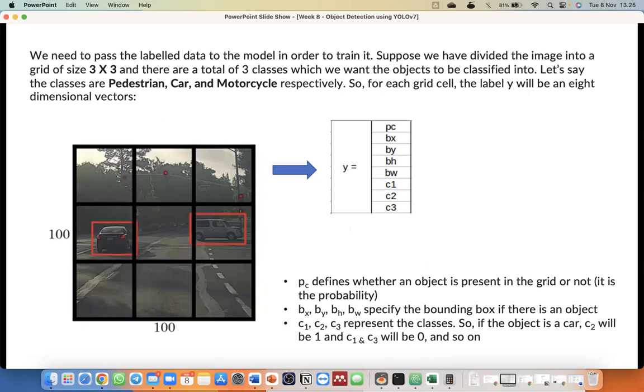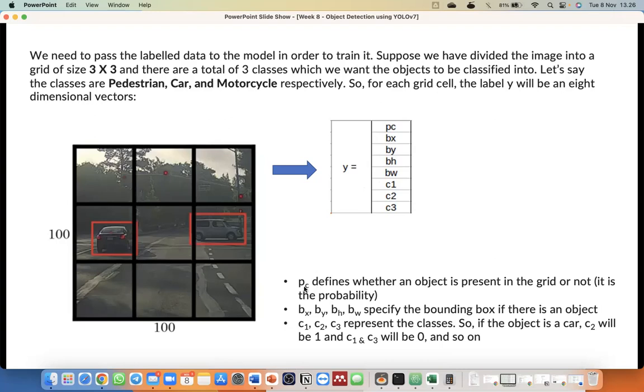But in an object detection algorithm, we have 8 different outputs for the Y. So the Y will be a vector, a one-dimensional array. What is it? We have PC, BX, BY, BH, BW, C1, C2, and C3. So we have 8 different outputs here. What is the meaning of each output?